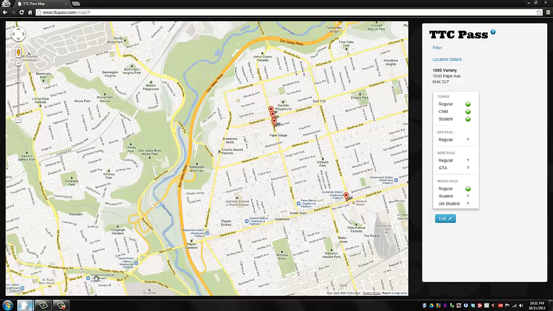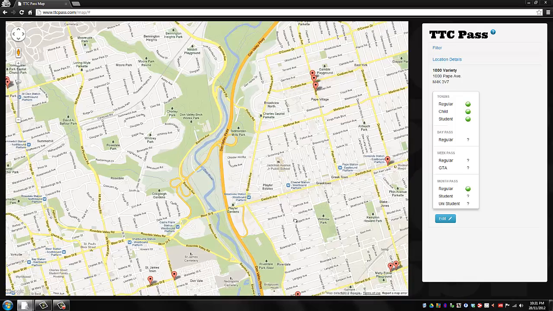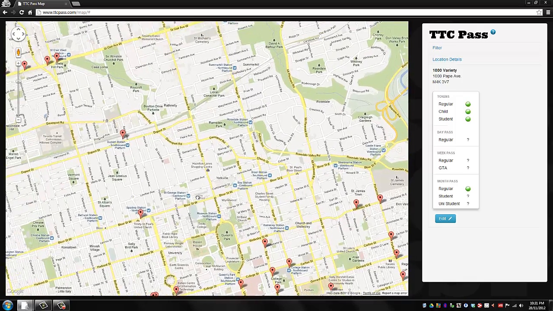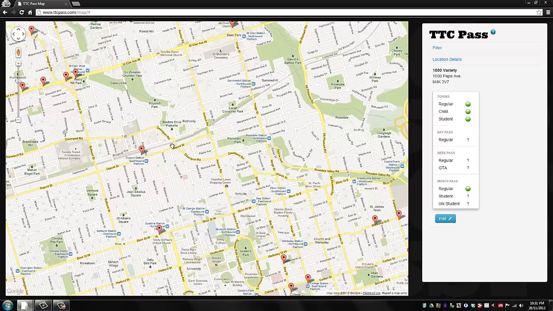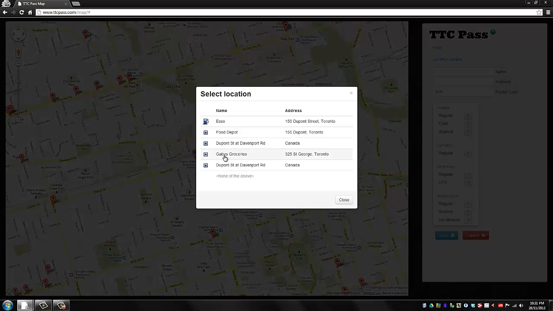Now, going back to the website, not only do we want to allow various citizens to edit the different locations and let us know when things are available or unavailable, they may have some inside information of a new spot that doesn't exist on the map. So say, for example, because I live around this area, I know there's a gas station here that sells tokens. You can right-click on the area, and then using the Google Places API, it will pull in a list of different shops or corner stores or anything that could potentially be a transit fare vendor into a list of the top 5 most likely